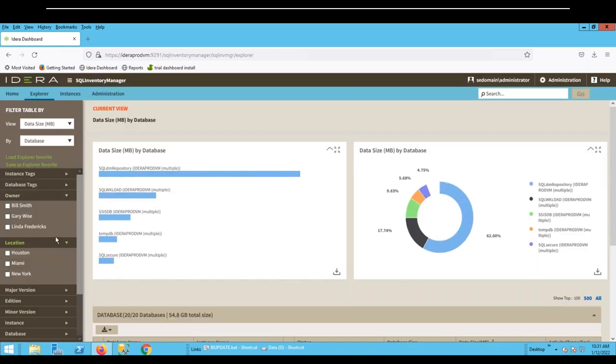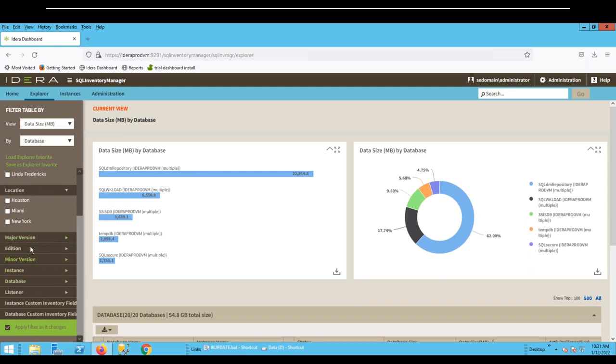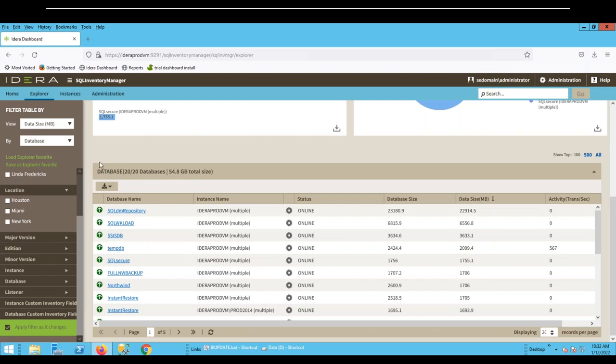So you have different options to sort and organize in this report. And of course, it also has major version, minor version, SQL edition, database name if you want to put in a particular database naming across all of the instances, or based on instance. So you have a lot of flexibility there. And again, you're able to export whatever information you pull into the report, export the details out to PDF, Excel,